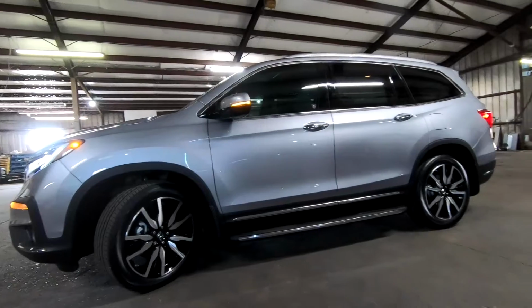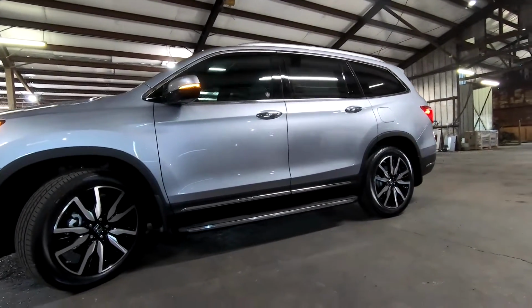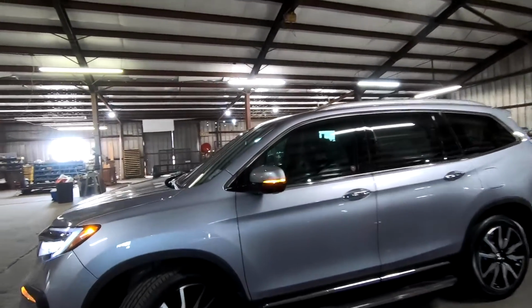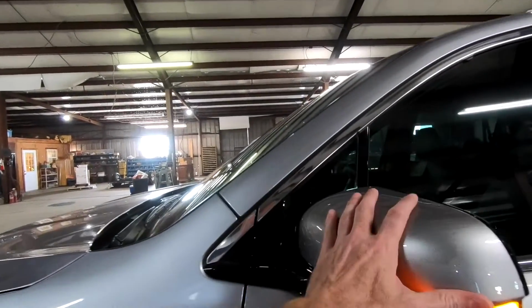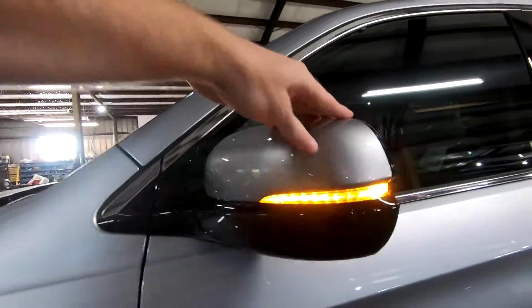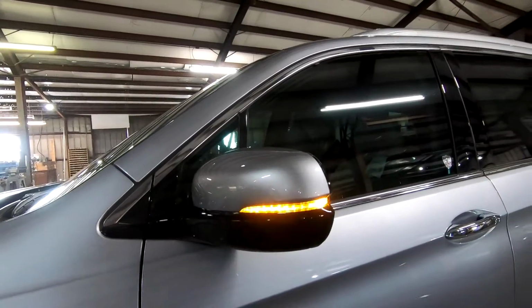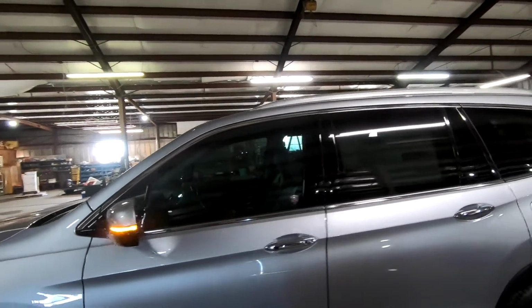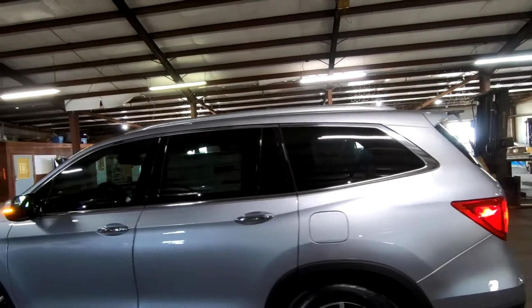And even though it's not a very hard vehicle to get in and out of, you do have the step right there on each side, of course, to make getting in and out of the interior easier. You do have the heated power side view mirrors. They are manually folding. And of course, the question that I often get from so many people, well, it's answered right there. You do have the turn signal indicator built into the side view mirror